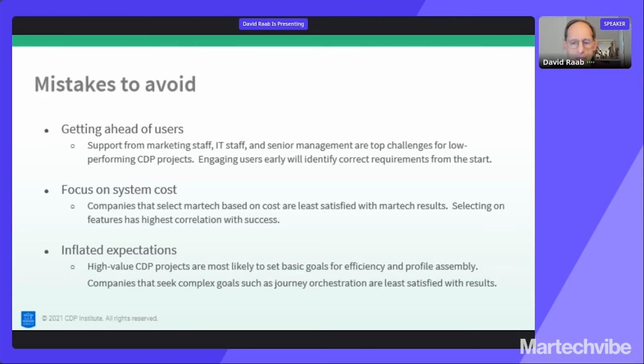So you have to have that support from everyone in the company, or they don't get engaged and projects don't get executed properly. What really happens is they make mistakes and they have to go back and redo it. Another mistake is focusing on the system cost. We see when people